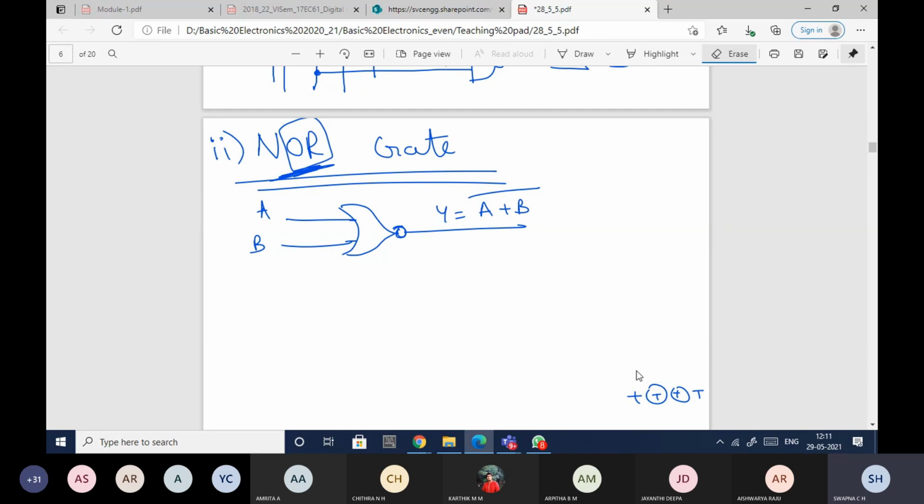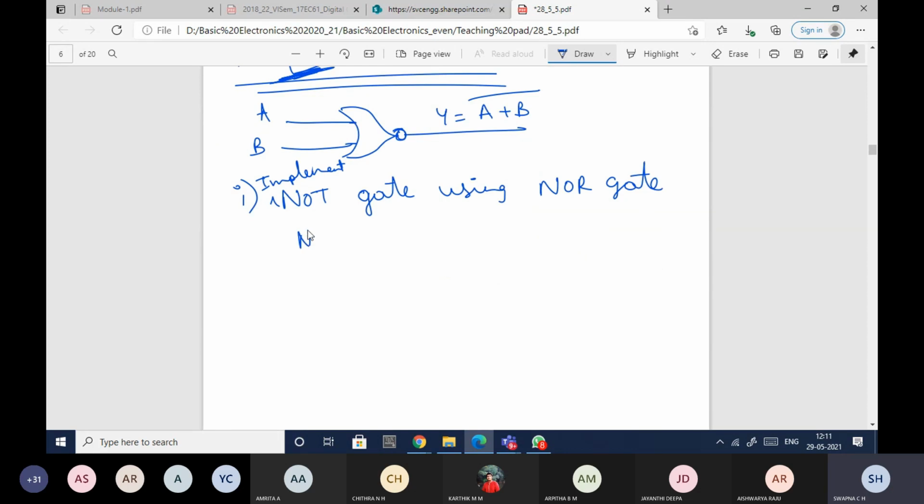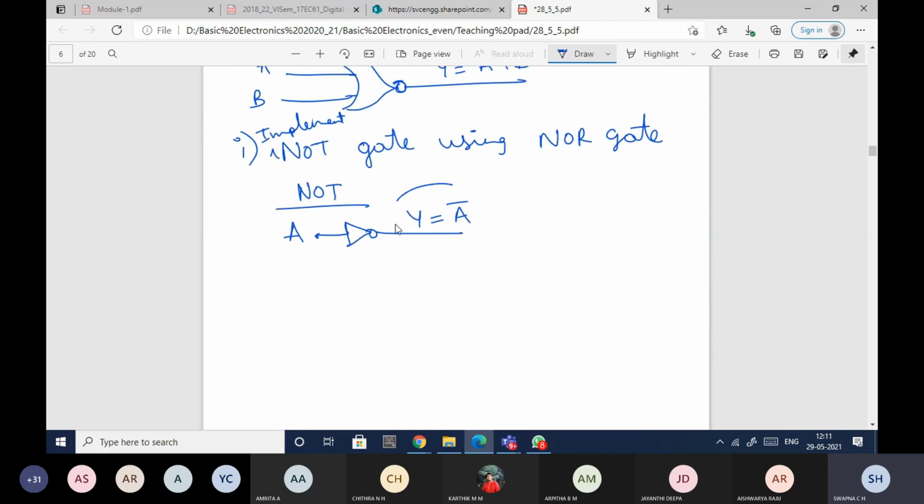Okay. So what first gate, it is nothing but the NOT gate. First gate, implement NOT gate using NOR gate. Okay, so first of all, let us see how the NOT gate will be. Again and again I'm drawing the same thing because you will be able to remember. Okay, so A, with a NOT gate, I'll get A complement. Implementation in the sense I need to take the output equation. So output equation is nothing but Y is equal to A bar.